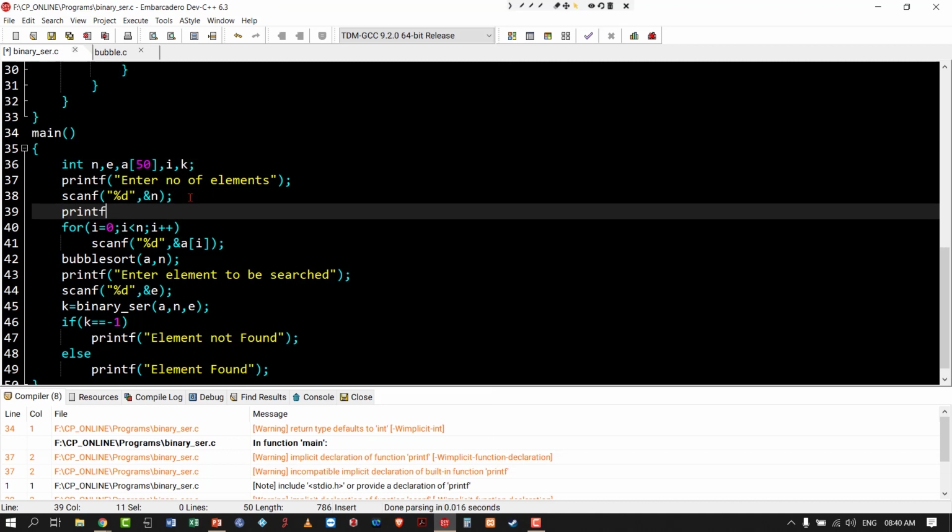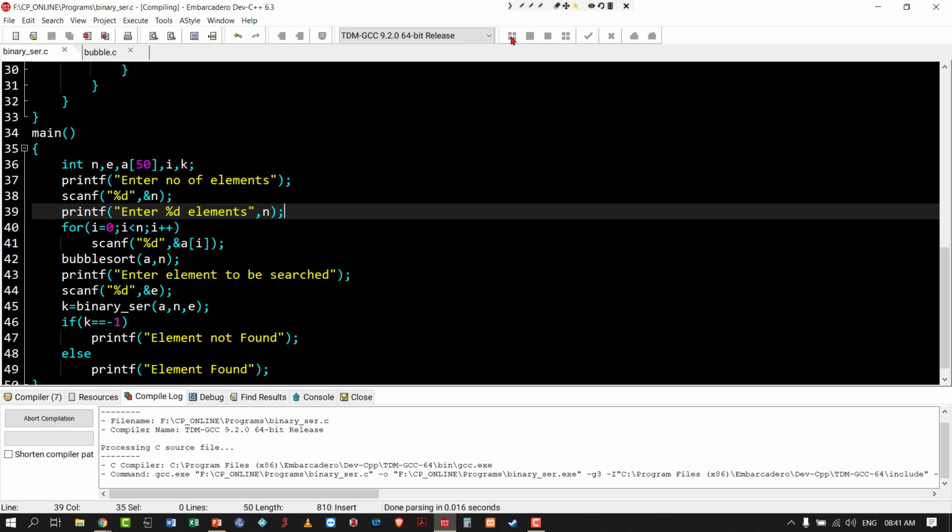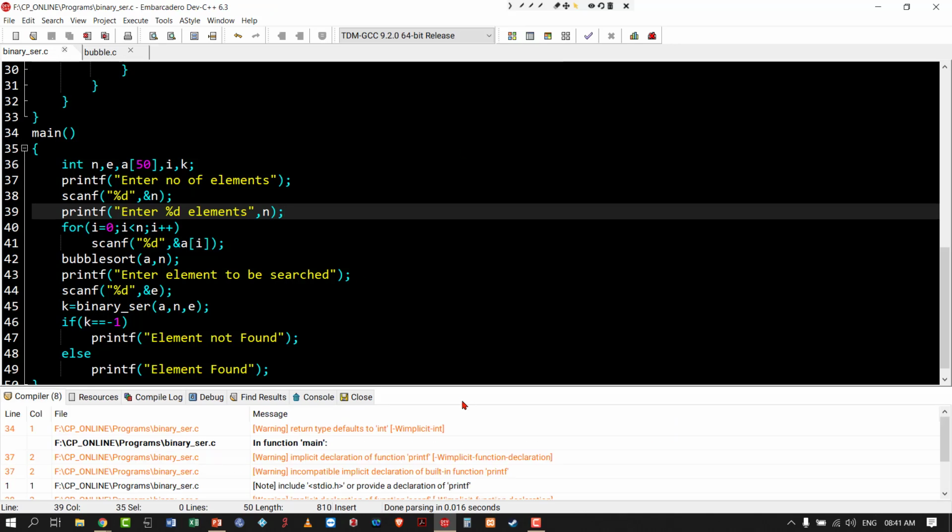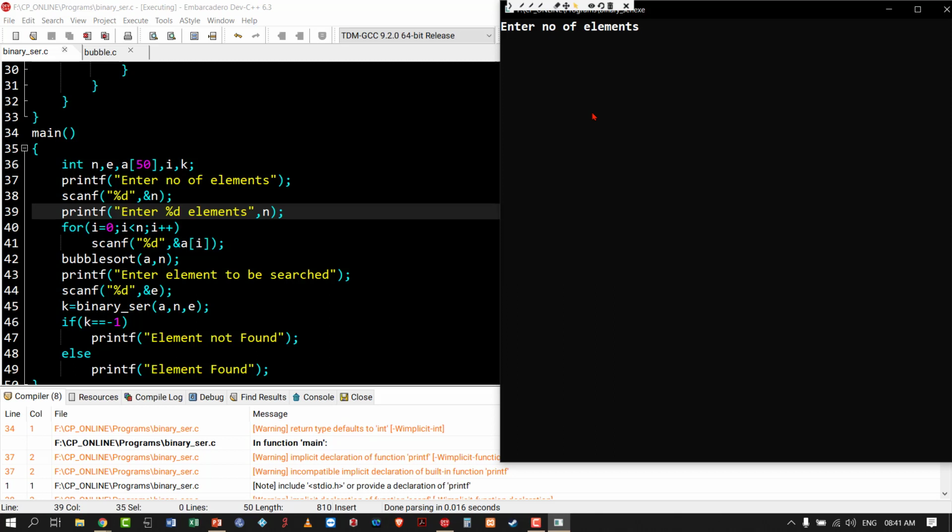Printf, only for understanding purpose, "Enter %d elements", comma n.